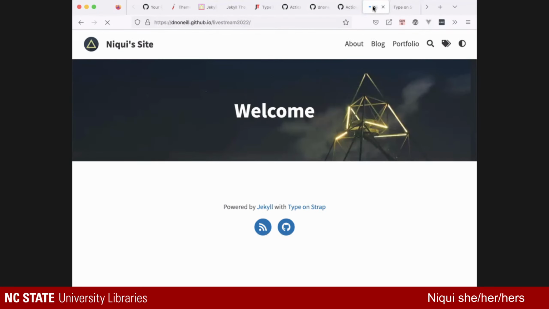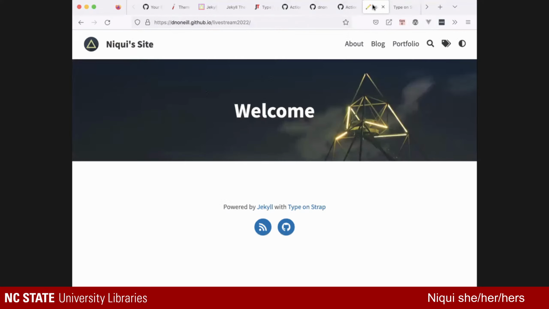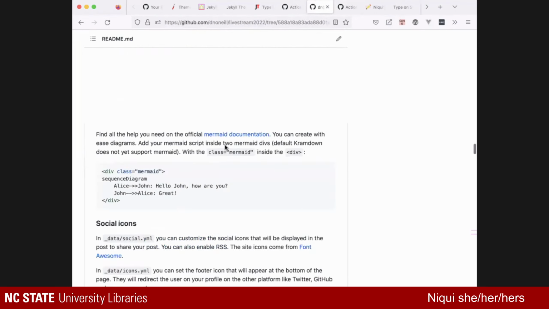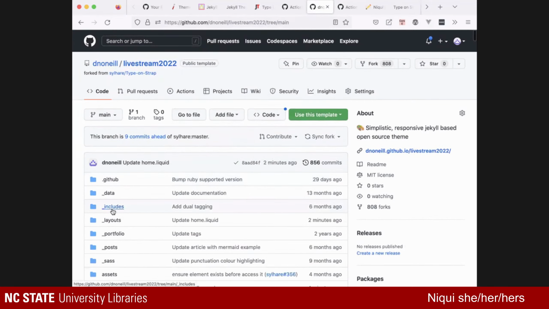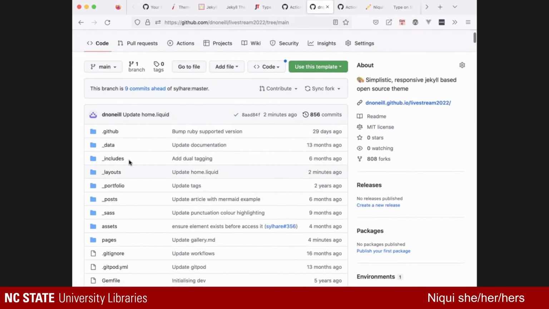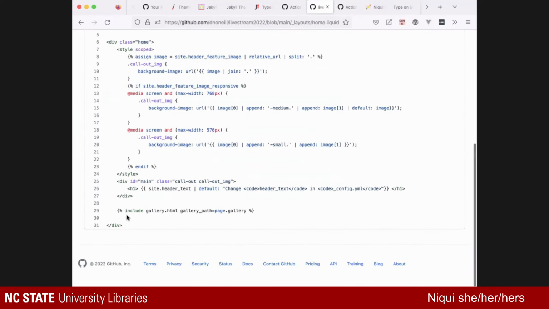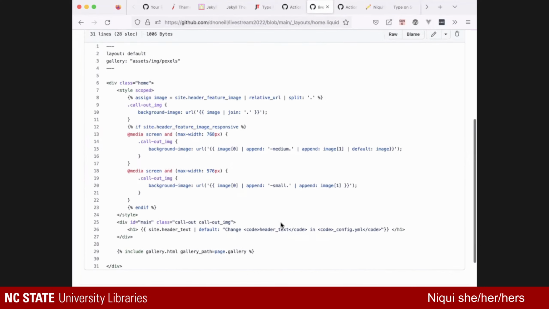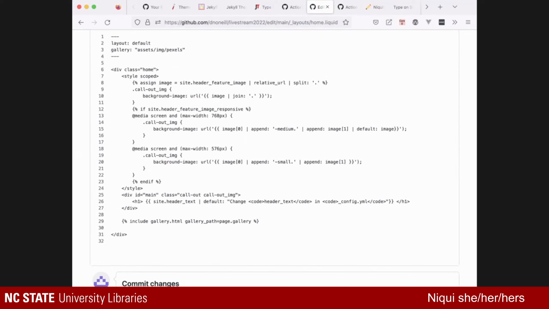So looks like our build is finished. We are still not getting what I expect to see on this page. So what might we do? In order to figure out what is going on, I go to, let's see, where am I looking? Layouts, home, and something is going wrong here. So what I'll probably do is page.gallery, and